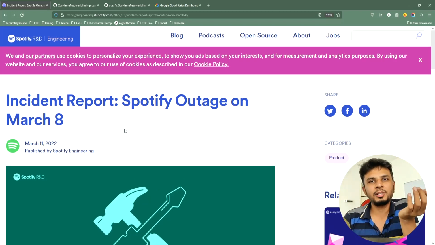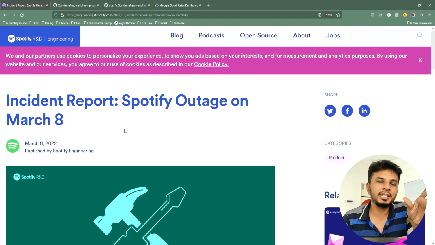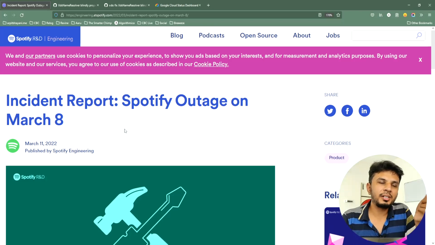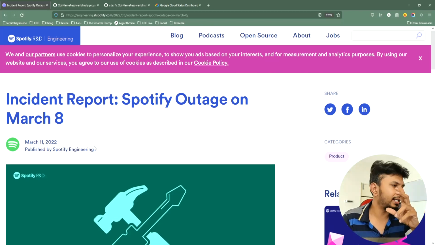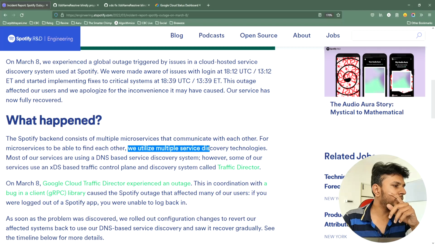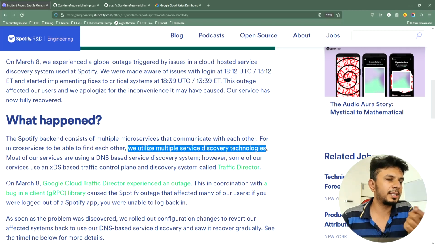Okay, so now obviously all the systems are back, but here we understand the importance of heavily relying on something. Let's say in this case Spotify was heavily relying on GCP, which is okay. Obviously the job of GCP is to handle it, but as an engineer we should always be thinking about having a fallback mechanism. Here we can beautifully see that Spotify used multiple service discovery technologies.